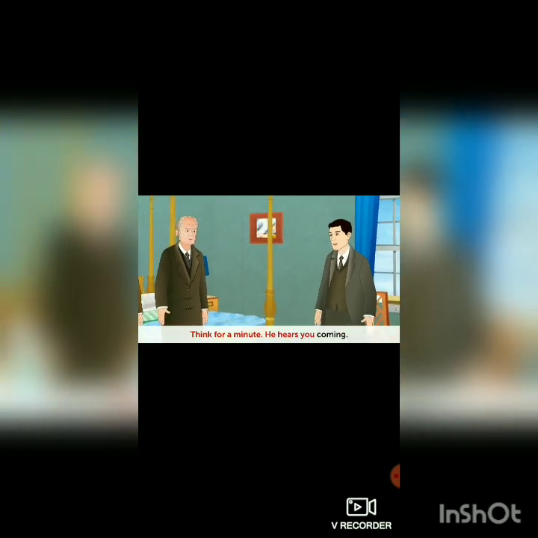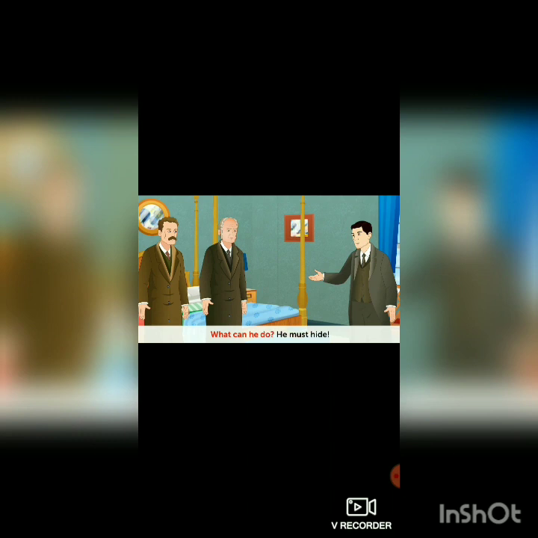Your visitor was in this room, Mr. Soames. Think for a minute. He hears you coming. What can he do? He must hide. So, he runs into your bedroom and hides behind this curtain. Oh, then he was in here when Bannister and I were in the next room. Tell me,